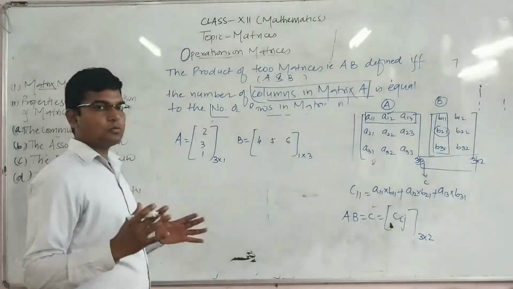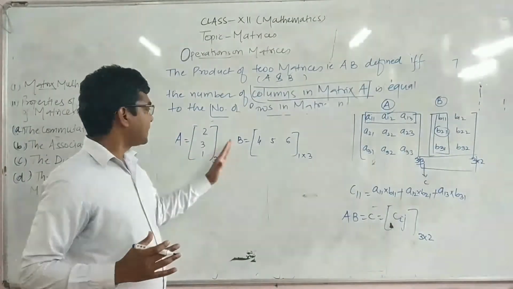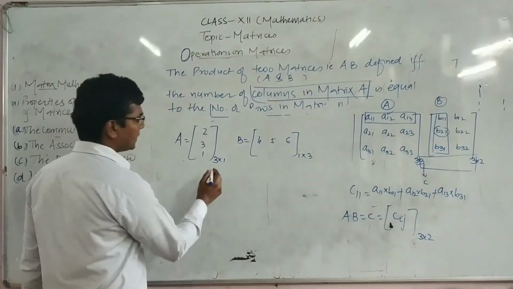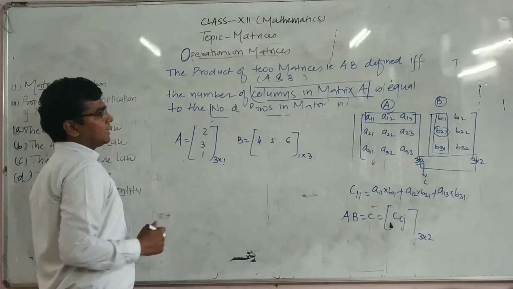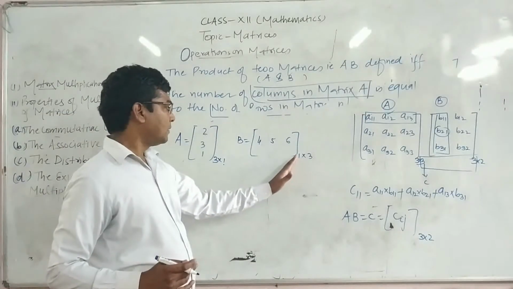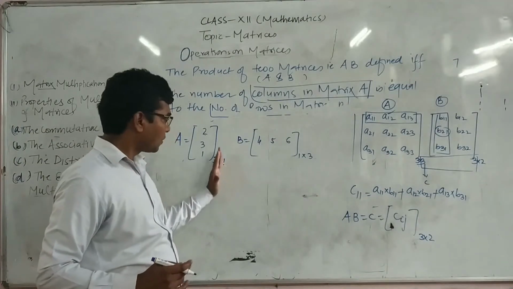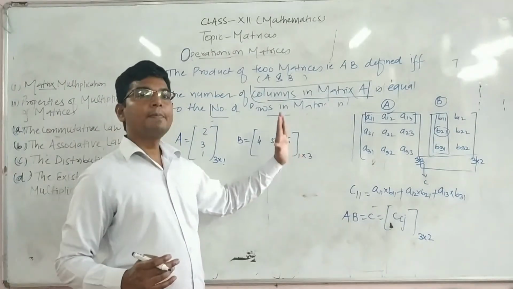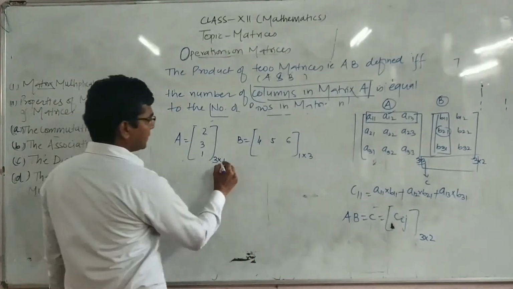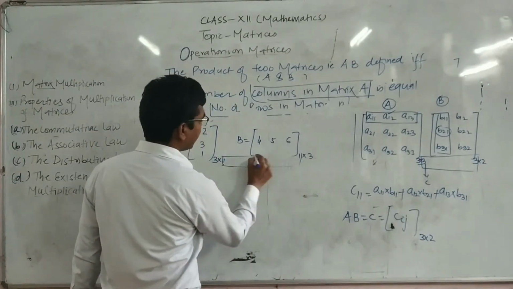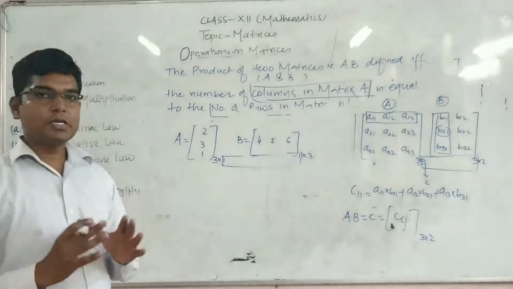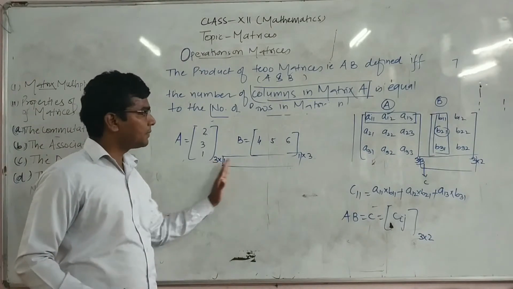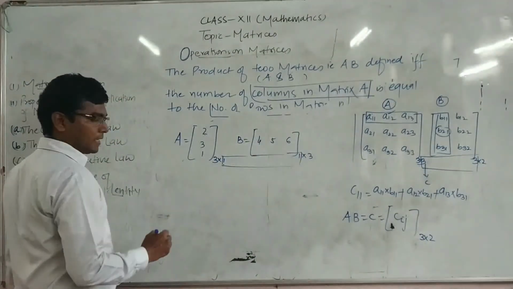Definitely, first of all, we have to check whether the multiplication of A with B is possible or not. For that, we have to check that the number of columns in the pre-multiplier must be equal to the number of rows in the second. So here this is the same. It means we can multiply these two matrices, and the outcome, that is the resultant matrix, will be of the order 3 by 3.